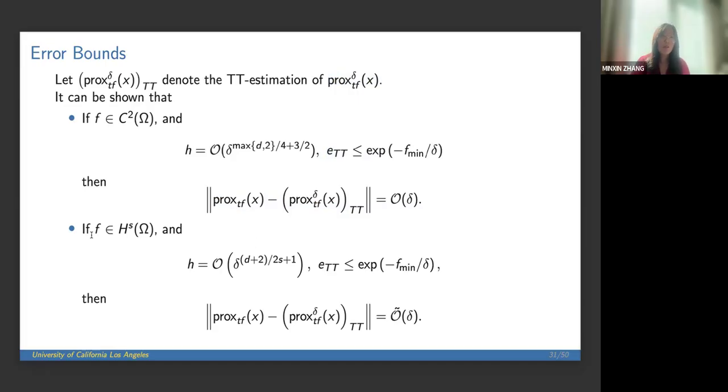And under a weaker assumption, if f is not differentiable but only resides in a Sobolev space, then if we choose our mesh grid to be this size, and we assume ETT is below this value, then the approximation error of this proximal operator using TT integration is big O tilde of delta. This just means that we omit some log terms with respect to delta. So basically it's saying that for a small delta, we can get a sufficiently accurate